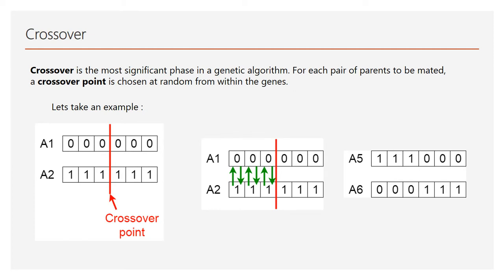If we have two genes, there is an A1 string and there is an A2 string. The A1 string contains an A1 chromosome and an A2 chromosome. The A1 chromosome contains six genes with zeros, and the A2 chromosome contains six genes with ones. So it can be crossed over: the first three zeros go to the A2 string, and the first three ones go to the A1 string, and the result will be